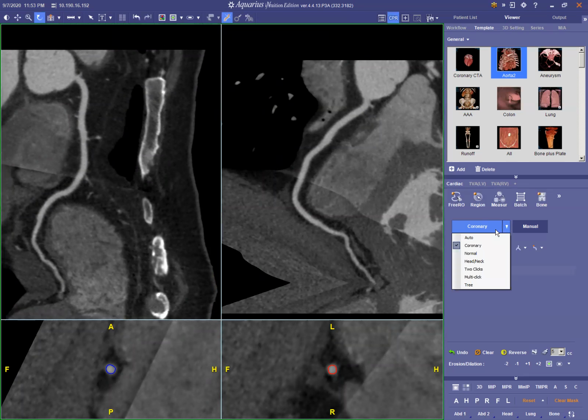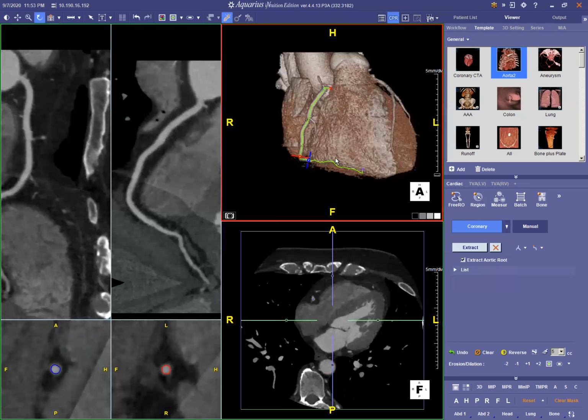And you have other presets here: automatic, normal, head and neck, 2 clicks, multi-click, and tree. Aside from the coronary, I probably use the 2 clicks and multi-click the most. And let's go back out here to our